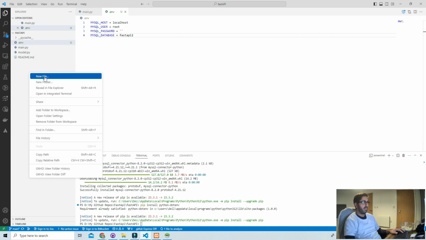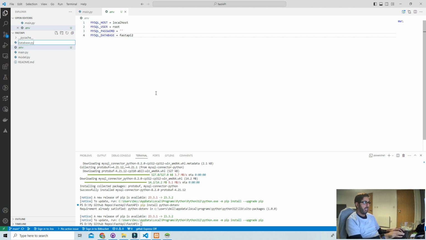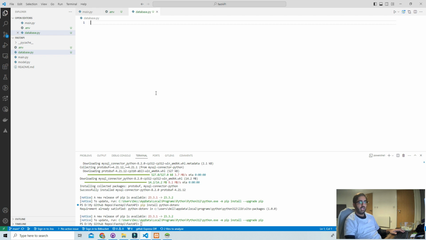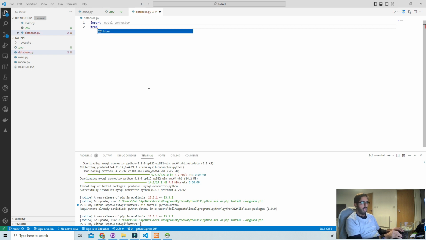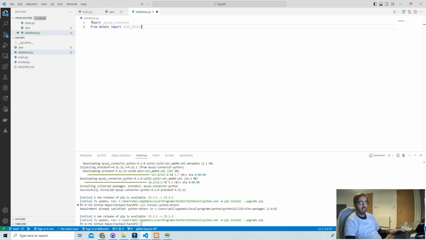Next, I will create another file, database.py, which will contain all the information of our database. In the database.py file, the first thing I will do is import mysql.connector. Then from dotenv import load_dotenv. So these two packages I am importing in my application, and I will import one more package,